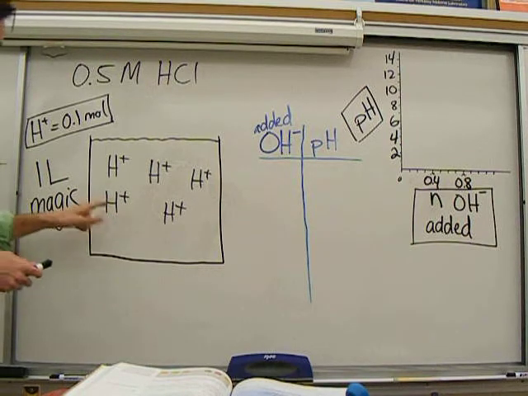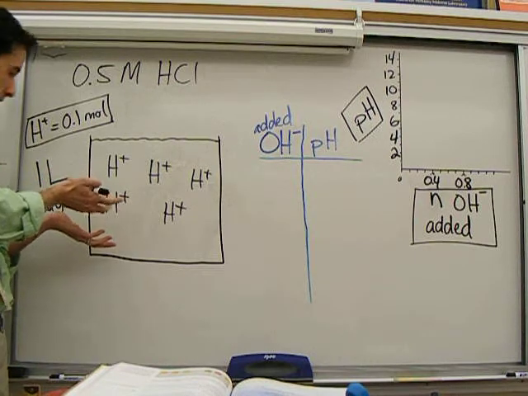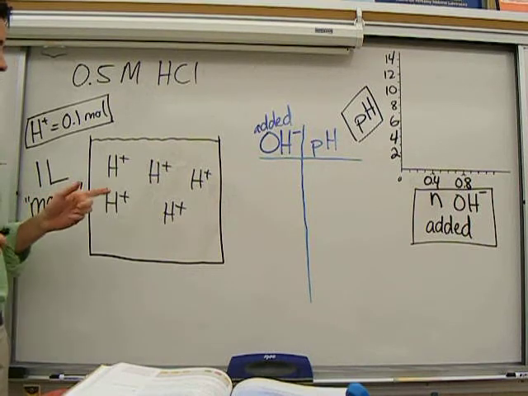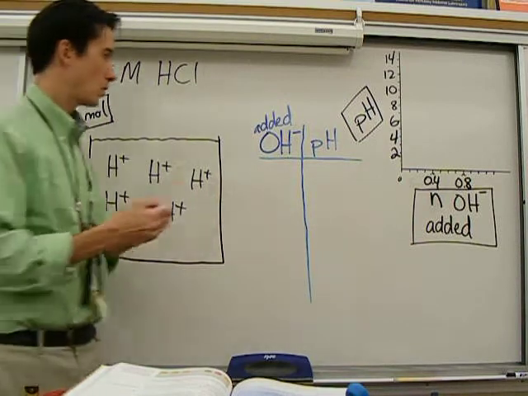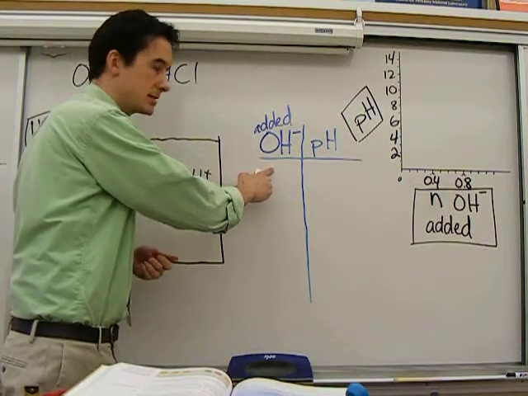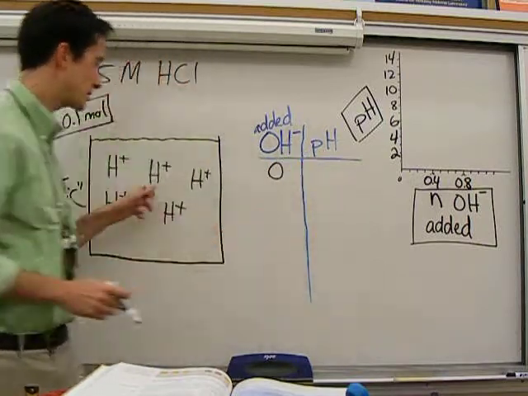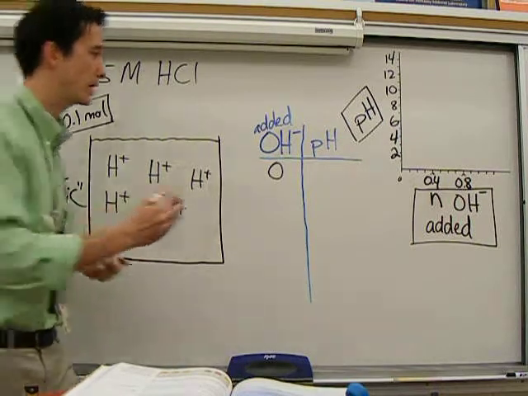All right, we have all this H plus. Well, what is the pH of this? It's in 1 liter. I said it's magic, but it's in 1 liter. We've got 0.5 moles. So right now I've added 0 hydroxide, so I'm going to put that in. I'll get to this in a second. So what is the pH right now? Well, the concentration is 0.5. So negative log of 0.5,